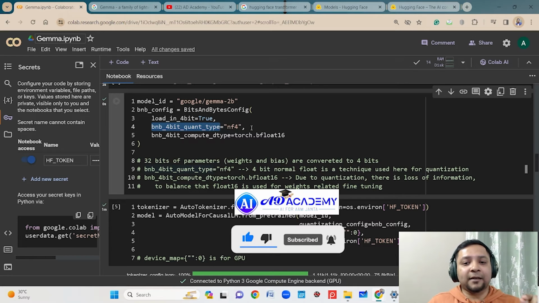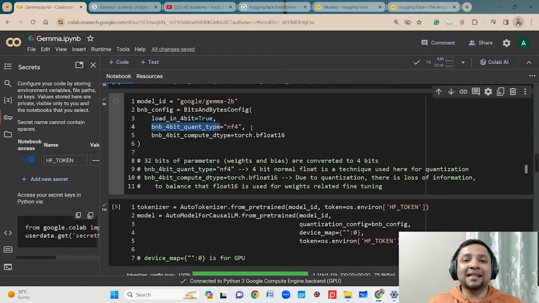So it means that it is a 4-bit normal float, and it is a technique which is used for quantization. Again, we are using BNB 4-bit compute D-type. This is another parameter where I am using the torch framework, or PyTorch framework, and then I am mentioning it